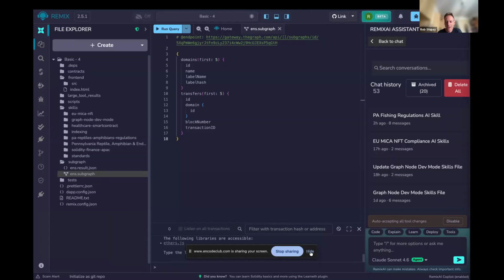I made a query here to bring in an ENS subgraph. And when you make the subgraph, just remember you need to have this endpoint stuff, the header with a pound, in this format, and also have this empty bracket here. And that's what gets interpolated with your API key.